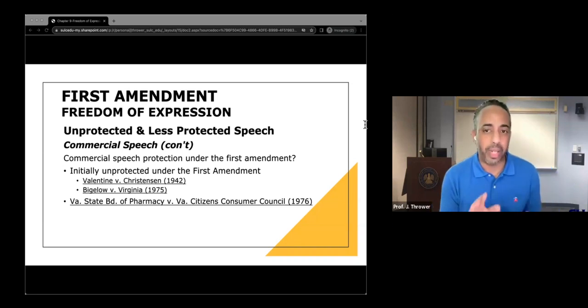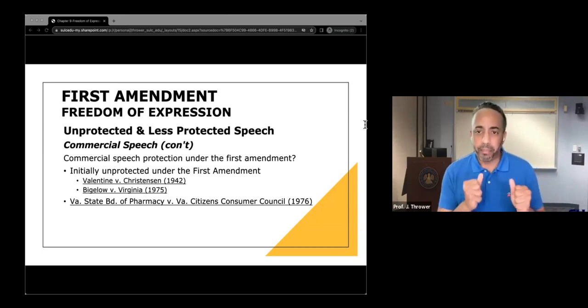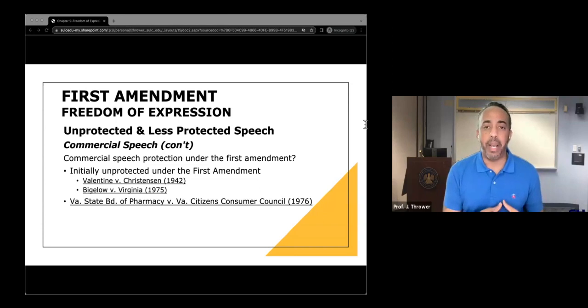So you see from the court's language that they were very deliberate in articulating that this type of speech should be protected by the First Amendment, so long as it was truthful, right? That it was not untruthful or false, and so long as it was legal. If it were untruthful or false or deceptive or misleading, or if it were illegal, then it could be regulated and would not be protected by the First Amendment.